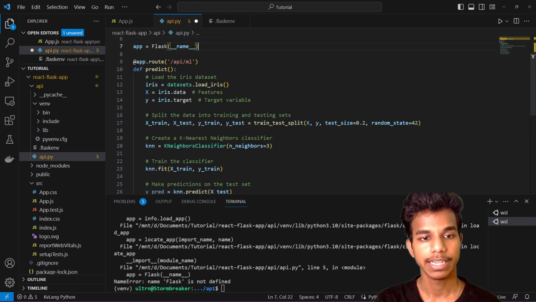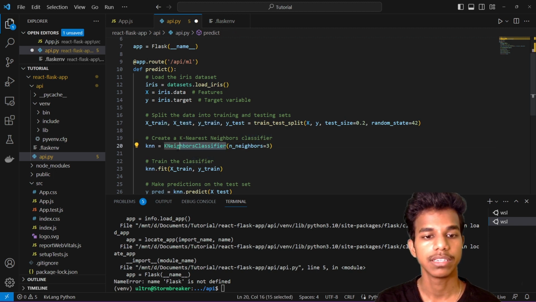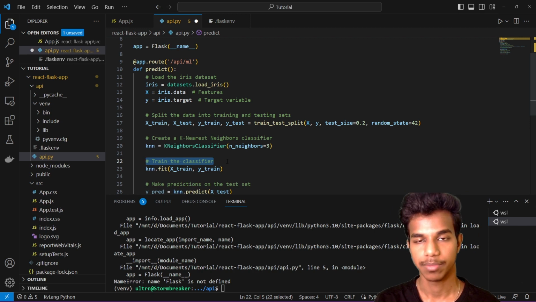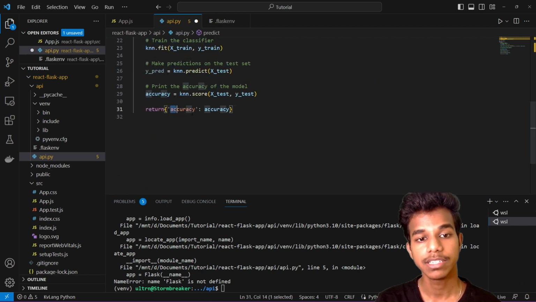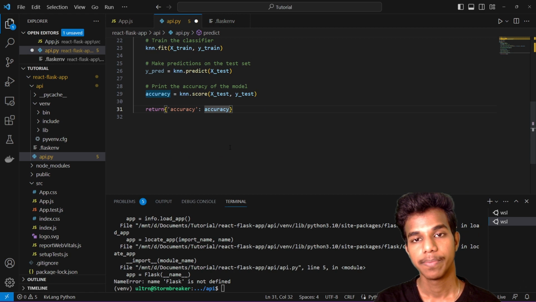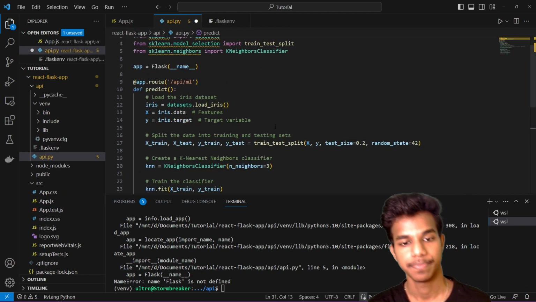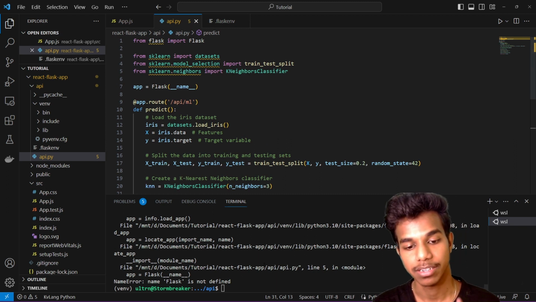As we can see, this is a very simple machine learning code. It uses the iris dataset, splits it into train and test data, and uses the k nearest neighbors classifier to classify the items in the dataset. And it returns the accuracy of the ML model. We can return any value that we get from executing this code, as a JSON object. How do we use this value inside our React app? That is what we will learn. But first, let's run our